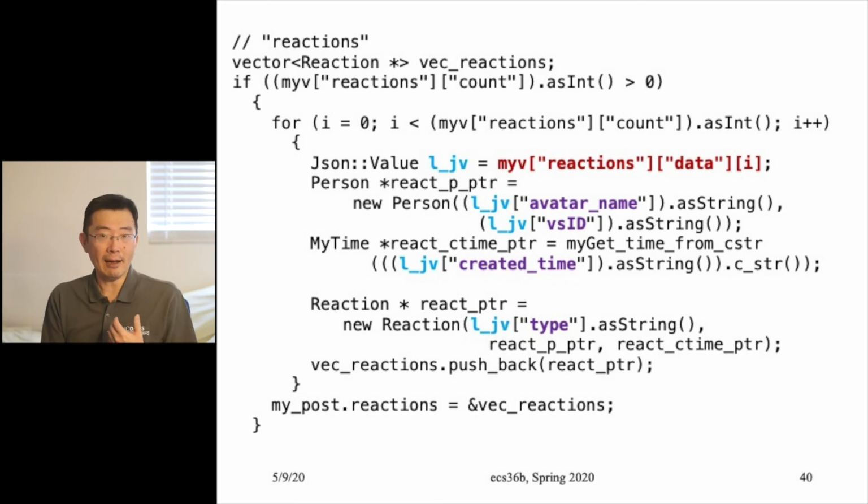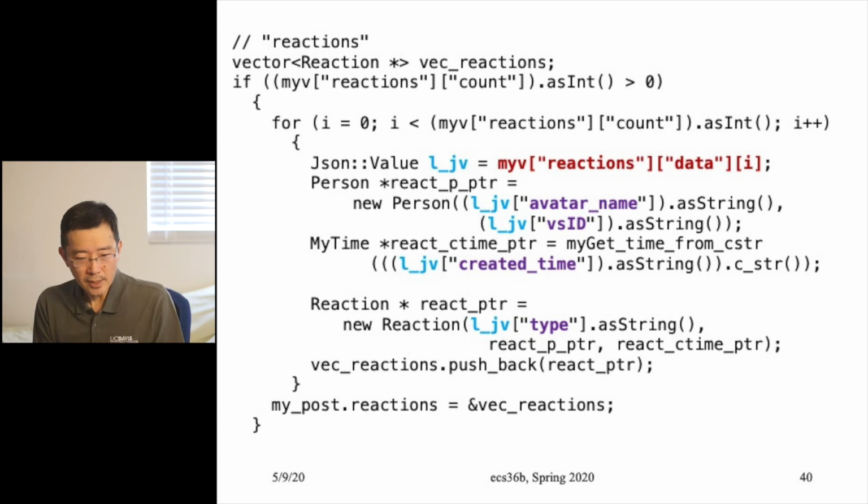And then I will have a time object as well. Okay, so I create a person object here. I also create a time object representing that. Okay, and finally, the third line, what I did is that after I have this,